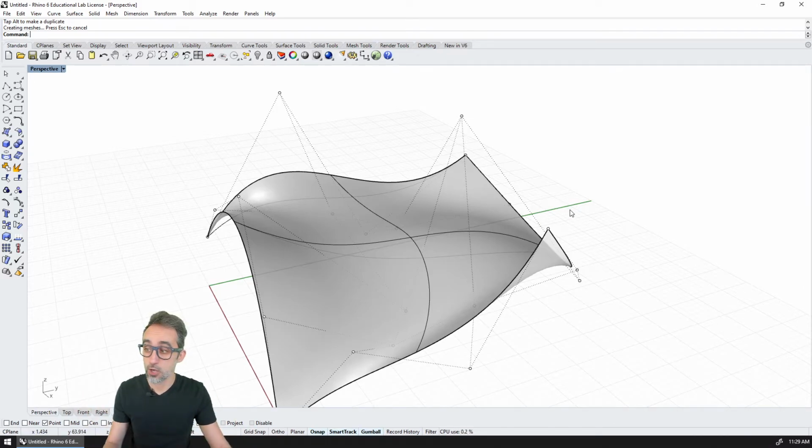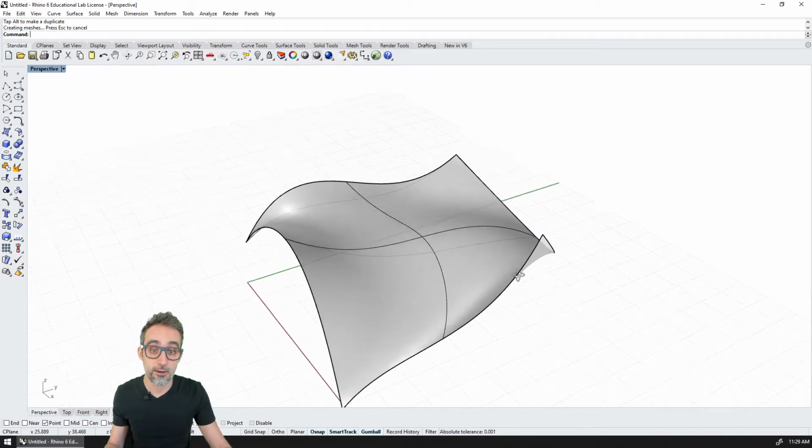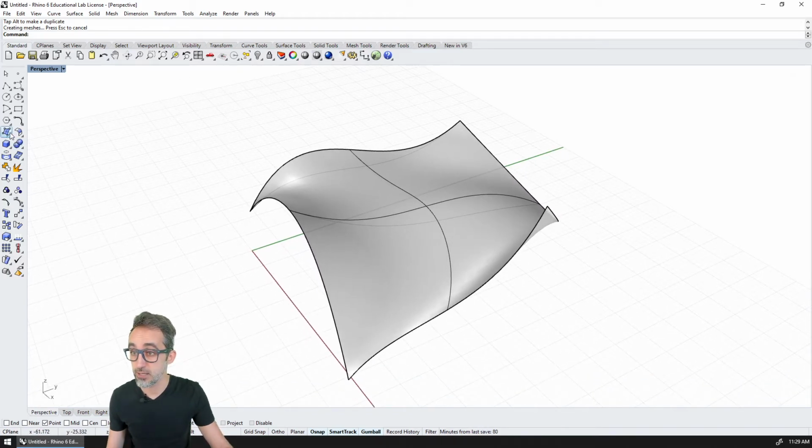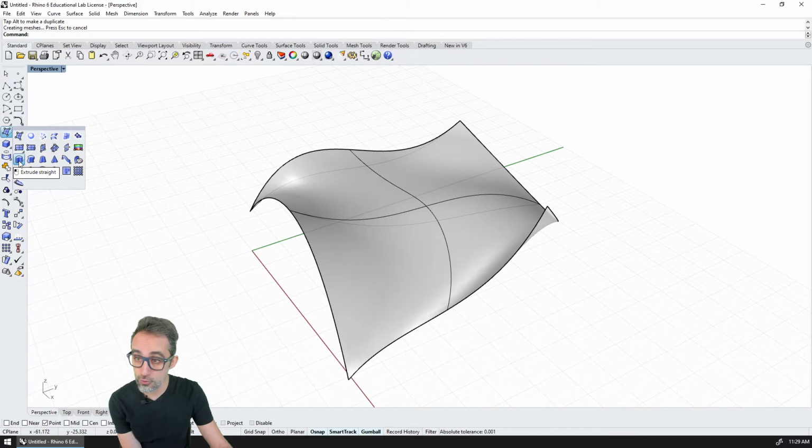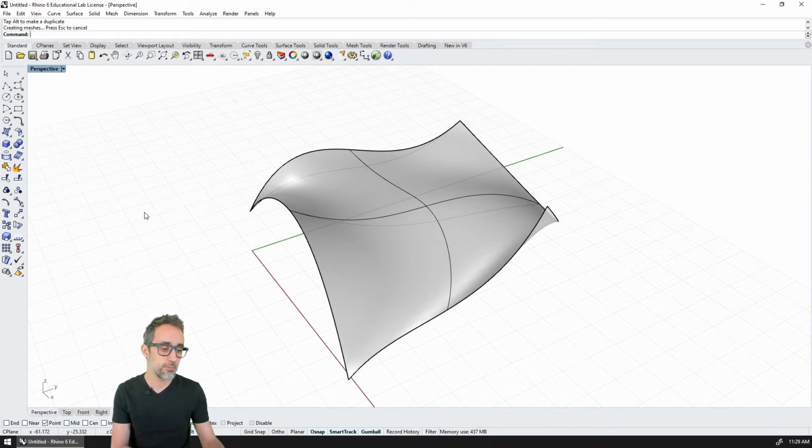Okay? So there are many, many ways of generating surfaces. If you long click here, you can see that you can do splined surfaces from a network, loft, from edge curves, from patches, but also extrusions, point extrusions, you can do sweeping, you can do revolving, you can do a lot of things. But we will explain more of those in further videos down in this series.